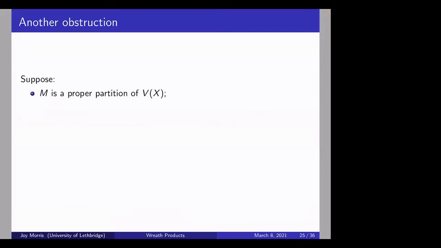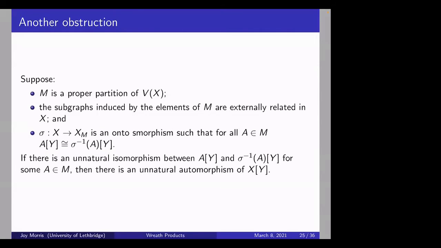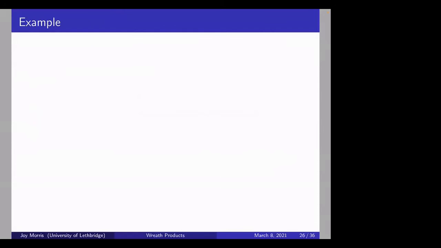So here's the other obstruction. If we have a proper partition of our vertices and the subgraphs induced by the elements of that partition are externally related, and we have a smorphism that's onto and that gives us some isomorphisms, and at least one of these isomorphisms is unnatural, then it turns out that we get an unnatural automorphism of the whole graph. So again, let's look at a picture